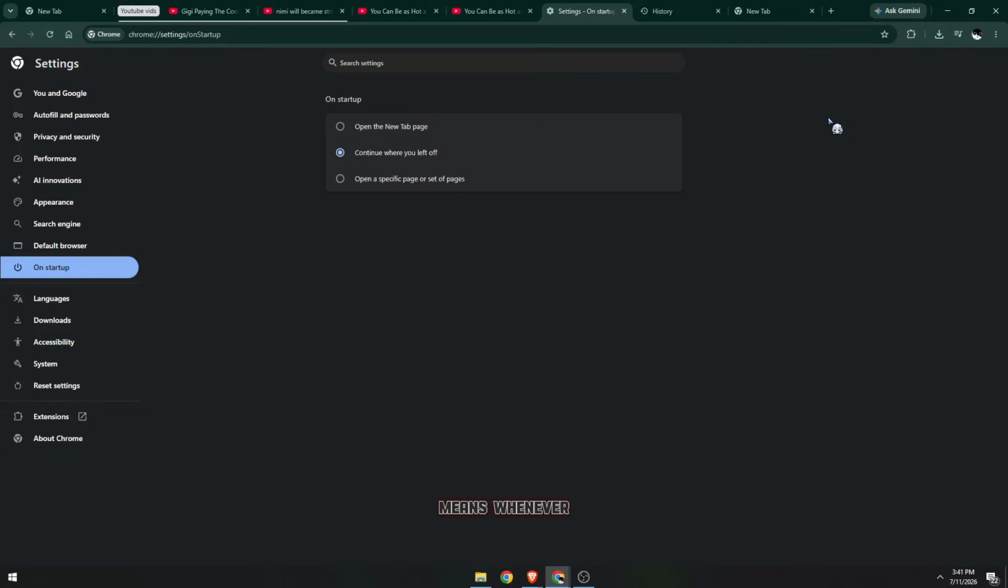So that means whenever there's a sudden crash, anything that happens, whenever you restart Chrome, all the tabs that you recently opened will still appear there, right? And basically, that's it. That is how you can easily get this done. Hopefully, your tabs are back and you can continue where you left off to avoid losing any important tabs in the future. All right,